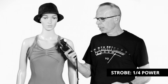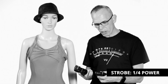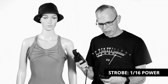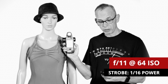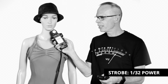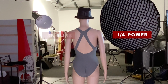So one f/25, not what we want. So let's dial this baby down, way down. So 8th power, we're getting f/18. 16th power, we're getting f/11. Getting there. So one more stop. So we halve it, 1/16 down to 1/32, and f/8. So we have this one at quarter power and this one at